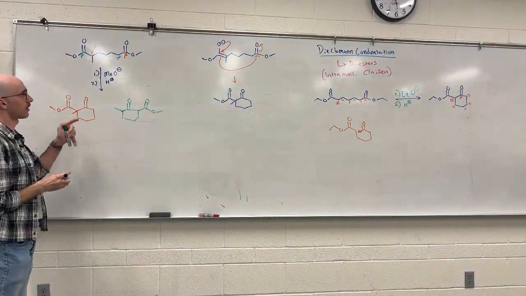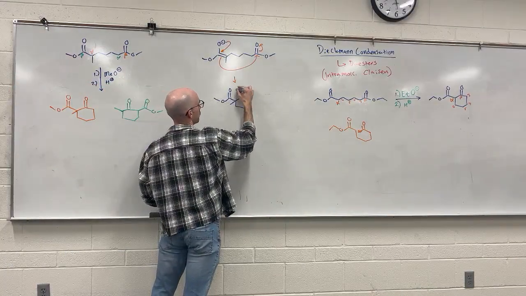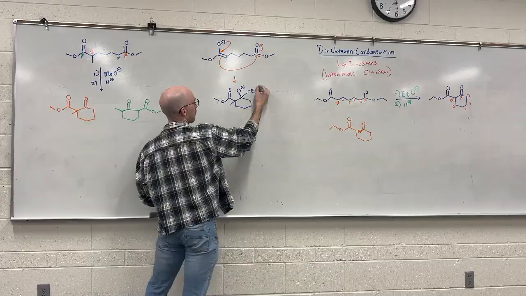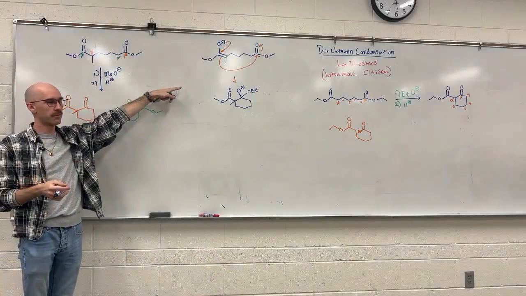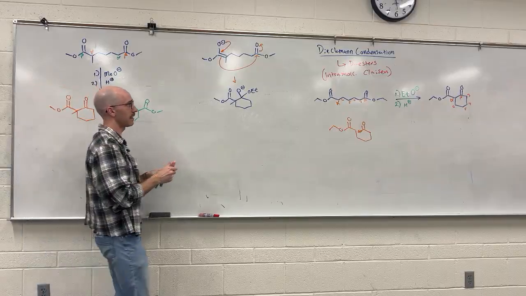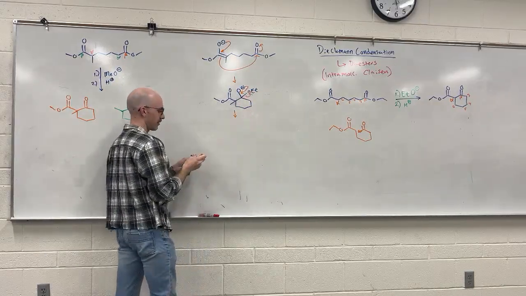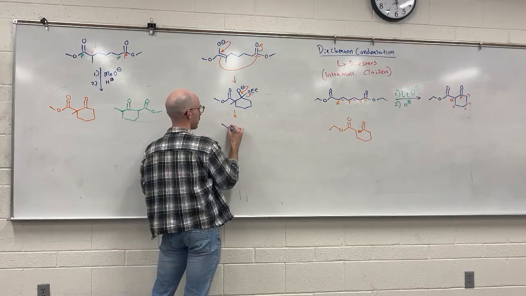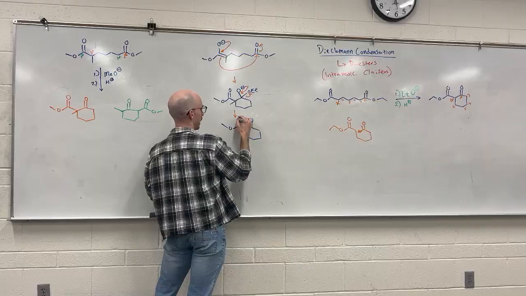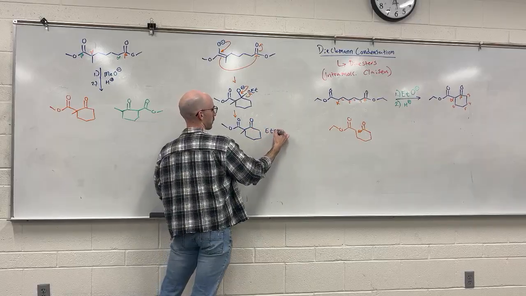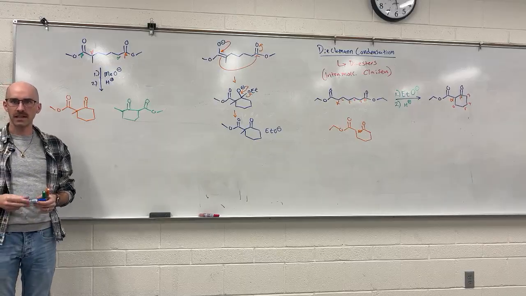We get our acyl addition. I'm skipping the part where the base has deprotonated it and we get that equivalent of ethanol. After acyl addition, the carbonyl reforms and the leaving group is kicked off. Remember, the leaving group here is meant to regenerate my catalyst. So my leaving group becomes ethoxide. What did we say happens after that in the mechanism?